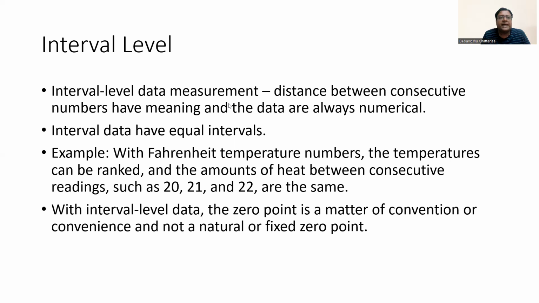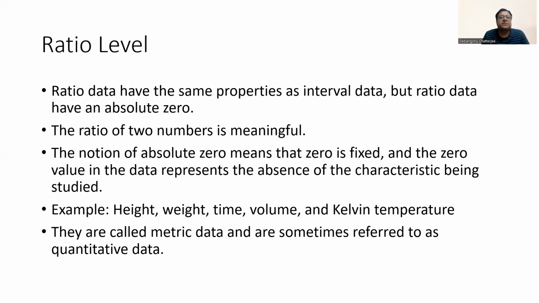Okay. So next, ratio level. Ratio data have the same properties as interval data, but ratio data have an absolute zero. Like in the Kelvin scale, if you see the temperature, there is an absolute zero where we define that temperature as the absence of heat. The ratio of two numbers is meaningful, or this you can also call continuous data,